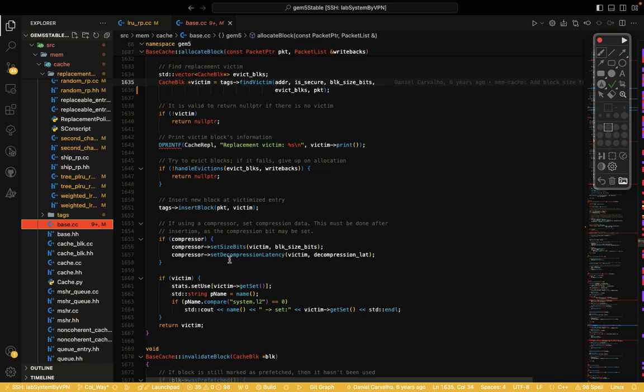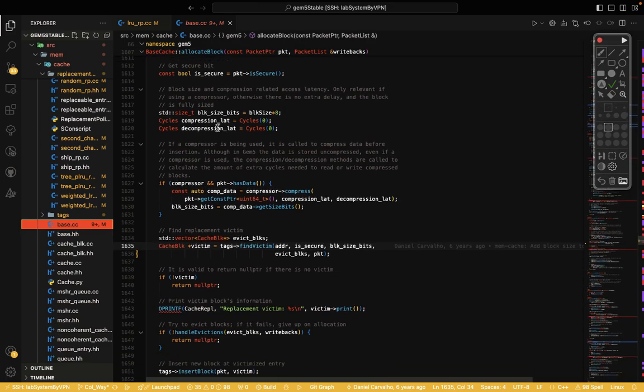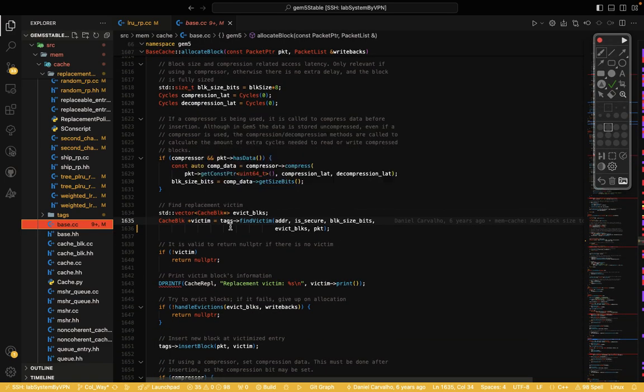Then the access function checks if that block wasn't there, or the block was a response of some request. If that was the response of the miss action, it will allocate a block. If you go into the allocate block function, you can see a line that calls find victim from tag.